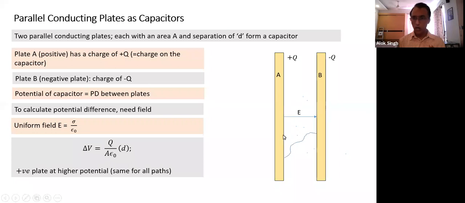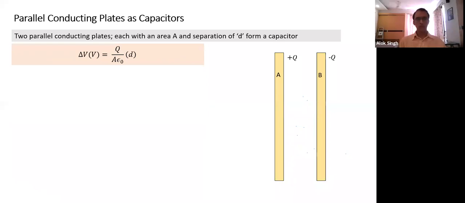If charge is given, how do you find the potential difference? If charge is given, you find the field. The line integral of the field from one conductor to the other, the negative of that, will give me the potential difference. And since we are concerned about the modulus of the potential difference, we know the positive charge is higher, which is even easier. Okay, so this is what we find. Let's see what we can deduce further from this particular expression.